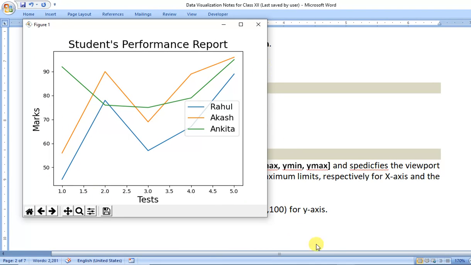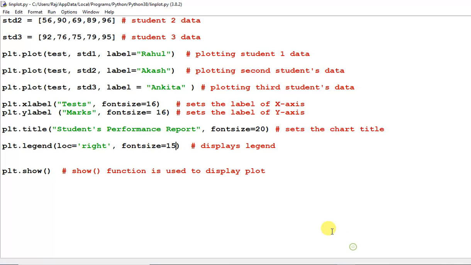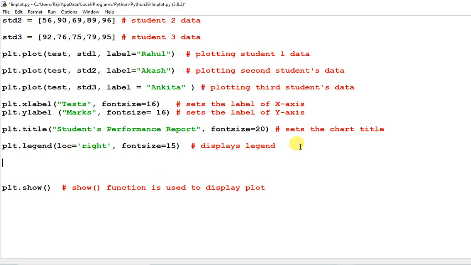So how can we set the axis? We have to use the axis function, plt.axis, and then you can pass the list or tuple inside this axis function.